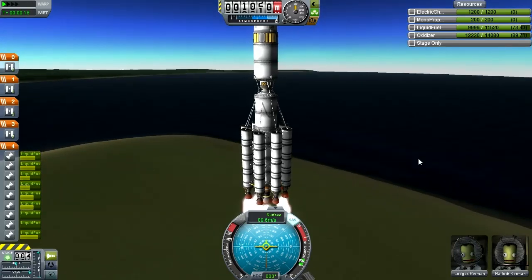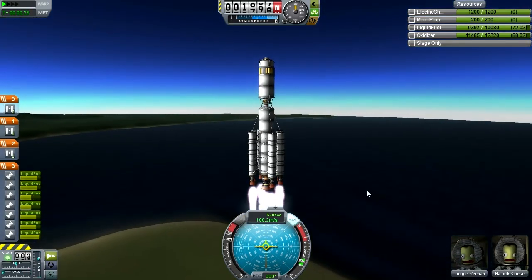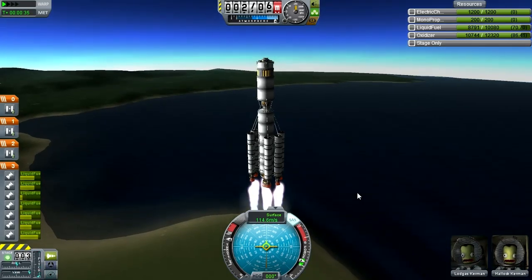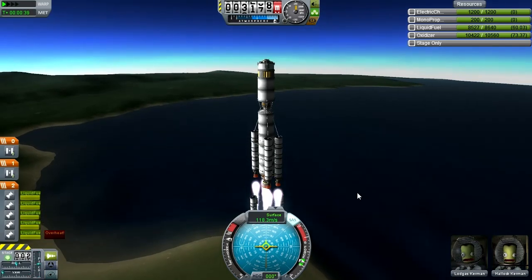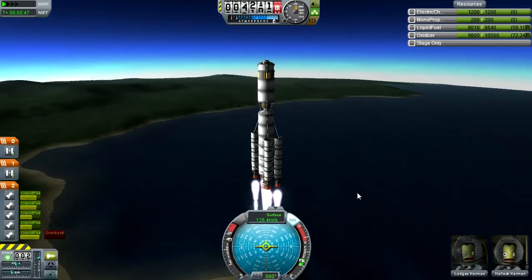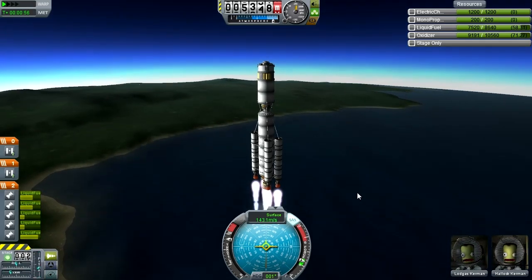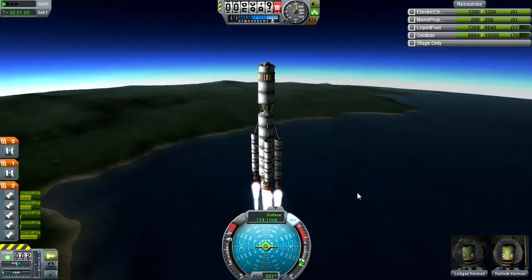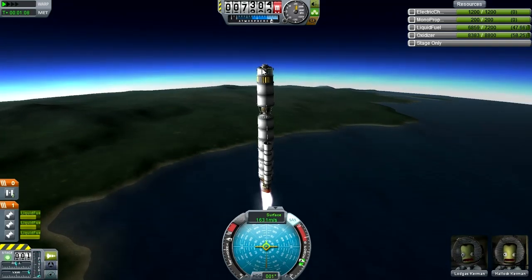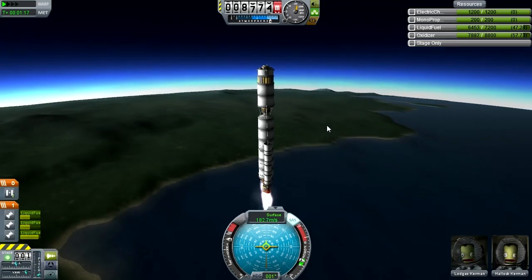Good. First 2 boosters are gone. We'll lose 2 more in a minute. Okay, looking good. This asparagus staging design seems to work pretty well. I just thought of one thing that I didn't put on this. I should have put some lights on it. As a matter of fact...